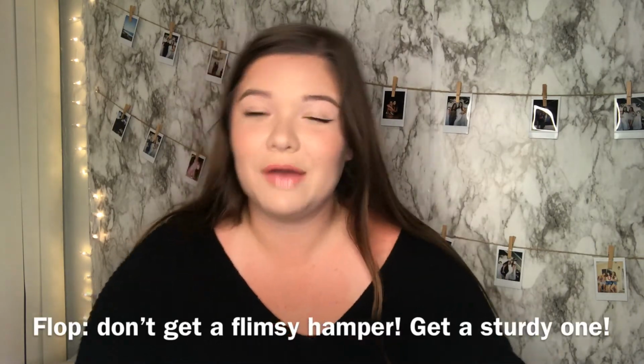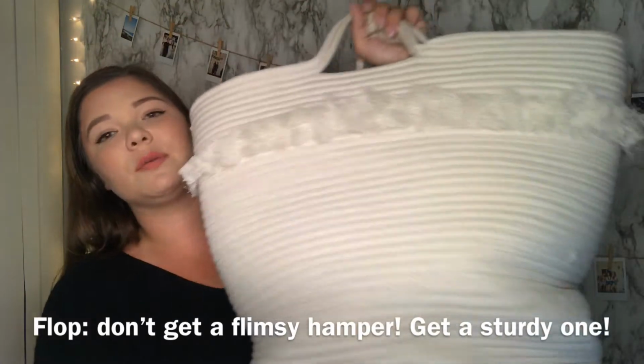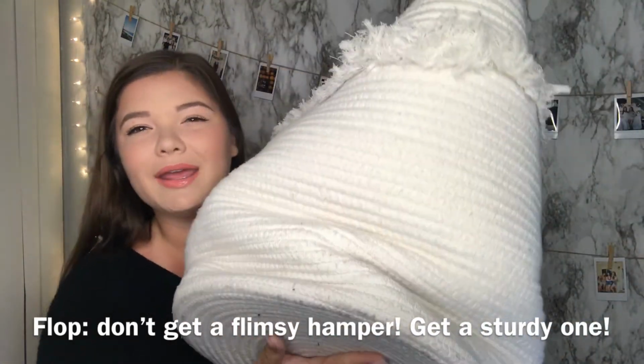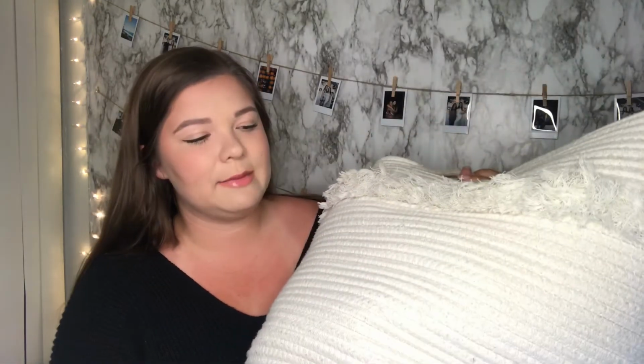This next flop is something that I regret so much, and it is to get a sturdy laundry basket next time around. So this is the current one I have. It's from Target. It holds a substantial amount of laundry, and when I bought it, it was pretty sturdy, but over time it kind of did this a little bit. And so for next semester, I will be purchasing a more heavy-duty laundry basket that holds a lot more and is not as floppy,